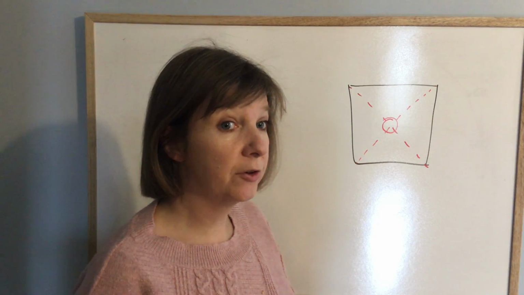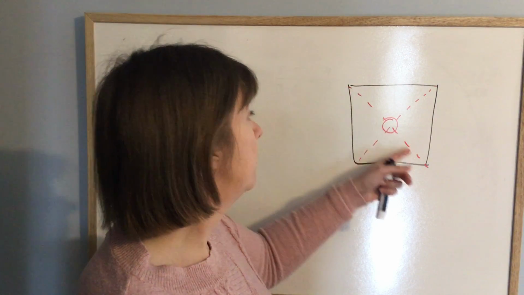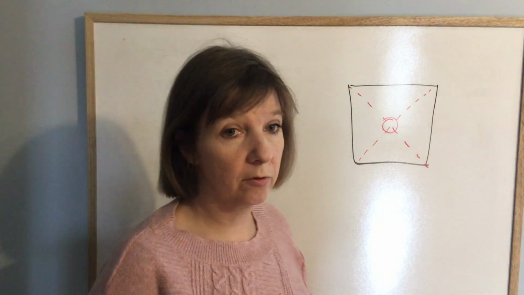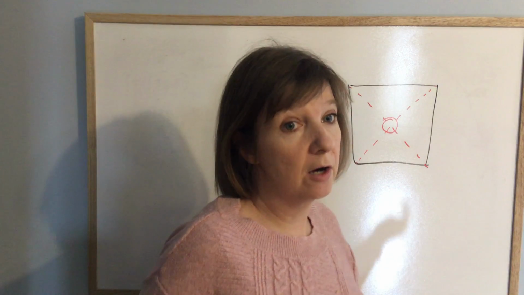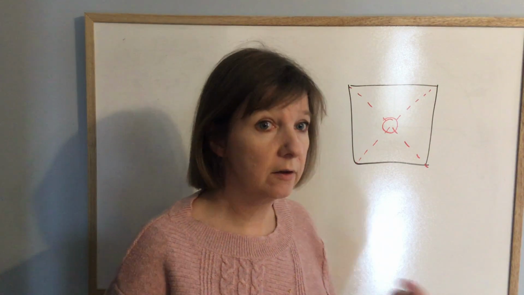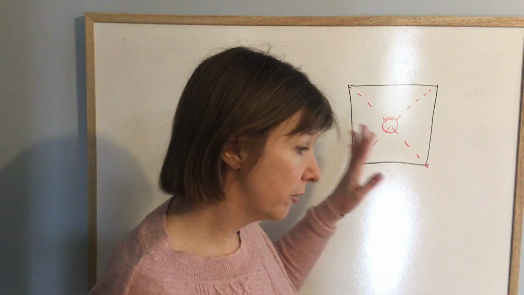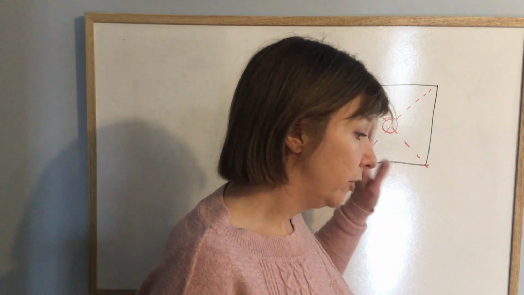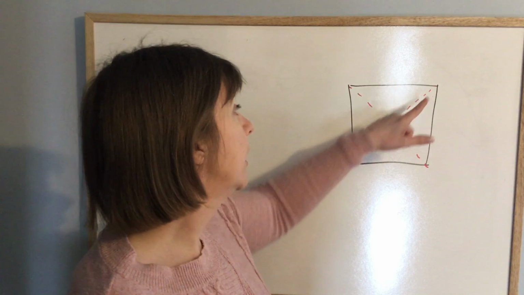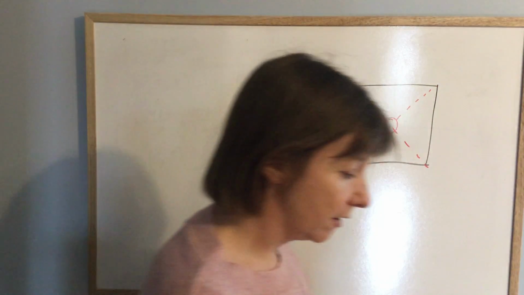All you really have to do is find the midpoint for this one and the midpoint for this one. They should be the same. If they are, you did it right. If they aren't, you did it wrong. All right, and so what you should have been finding for number 6 was the midpoint of those diagonal lines. All right,